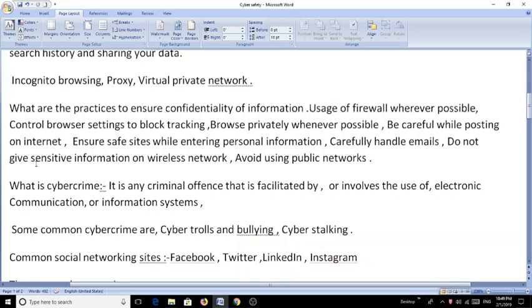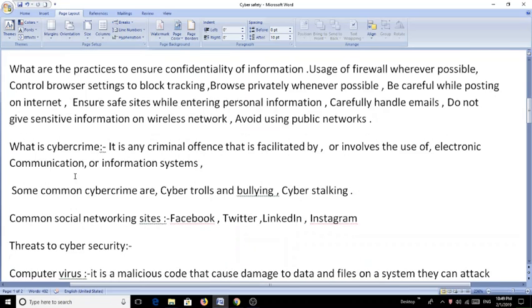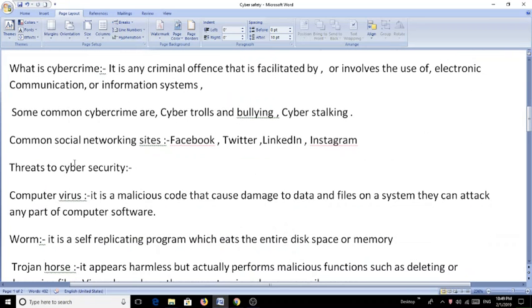Avoid using public computers. Always try not to use public computers, especially if you have to deal with your crucial data. But if you need to work on a public computer, then make sure of the following things. Browse privately. First of all, don't save your login information. Never save passwords while working on a public computer.